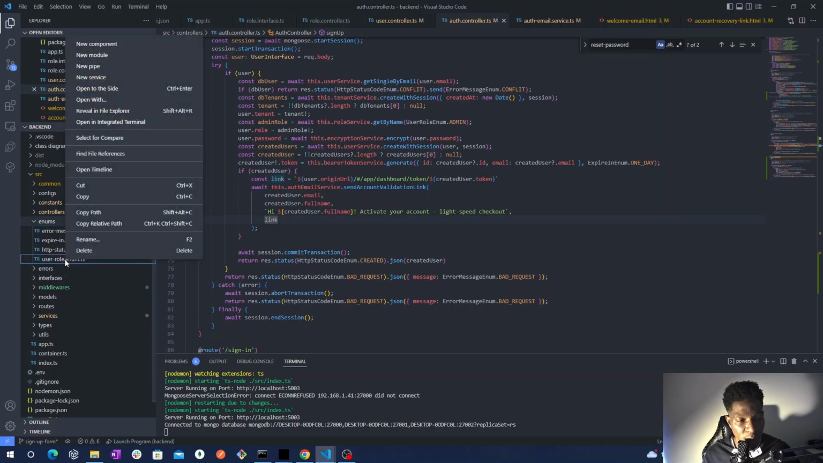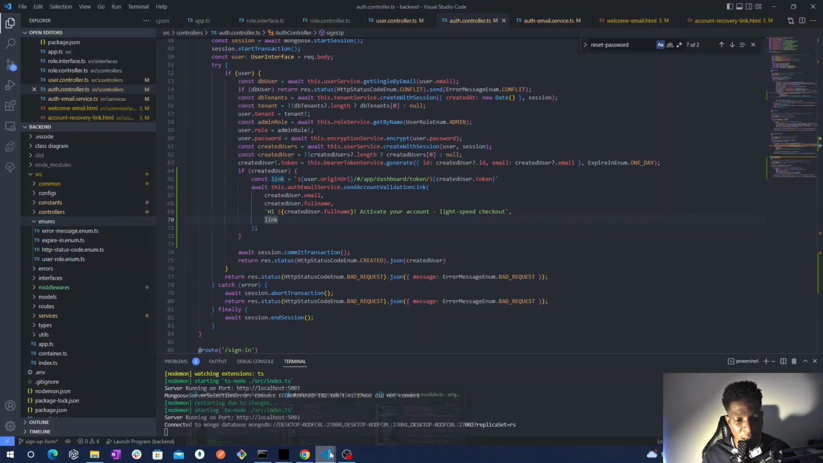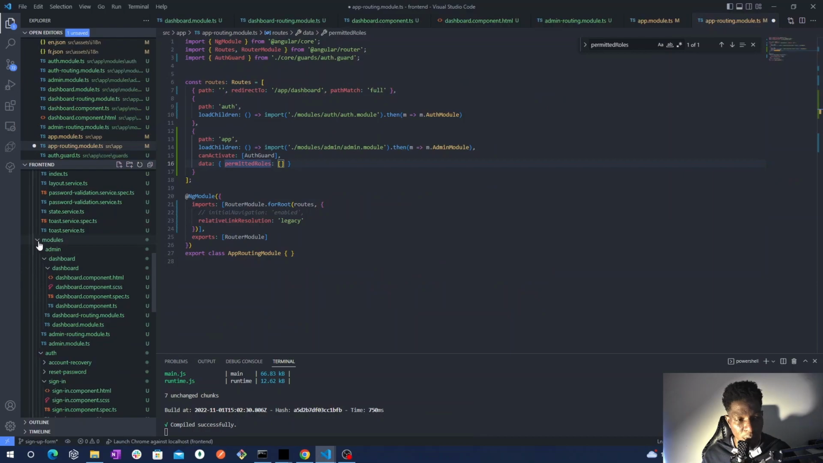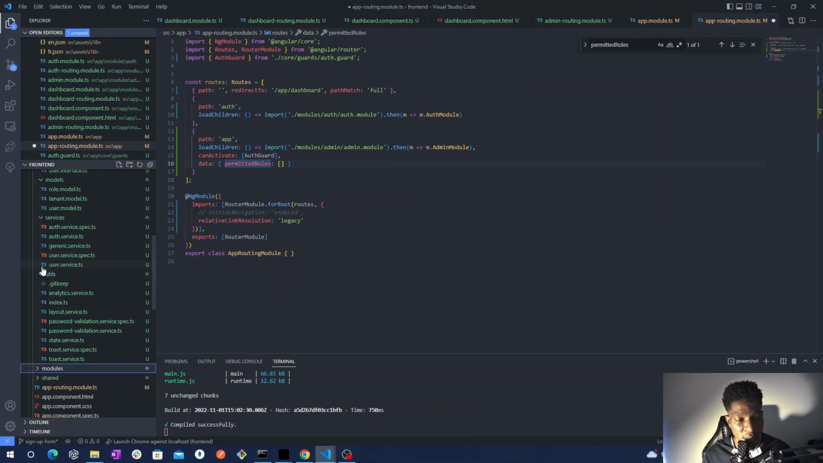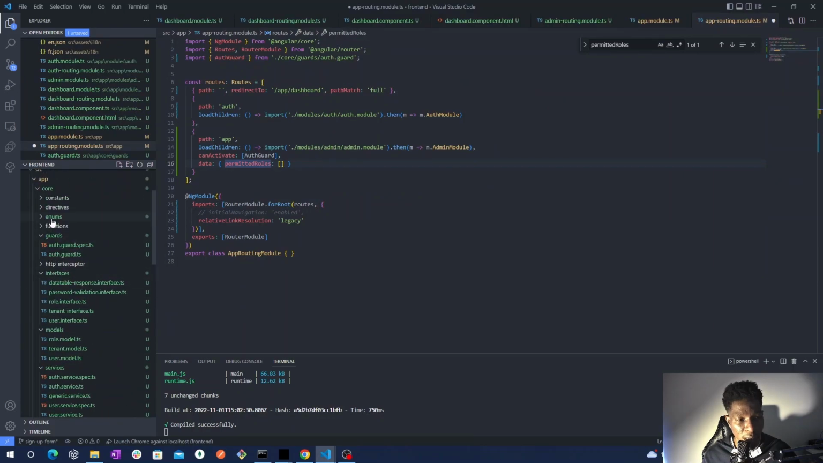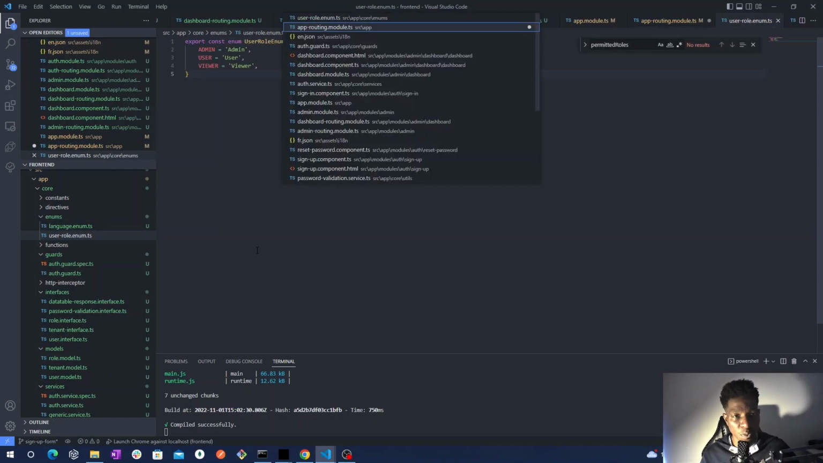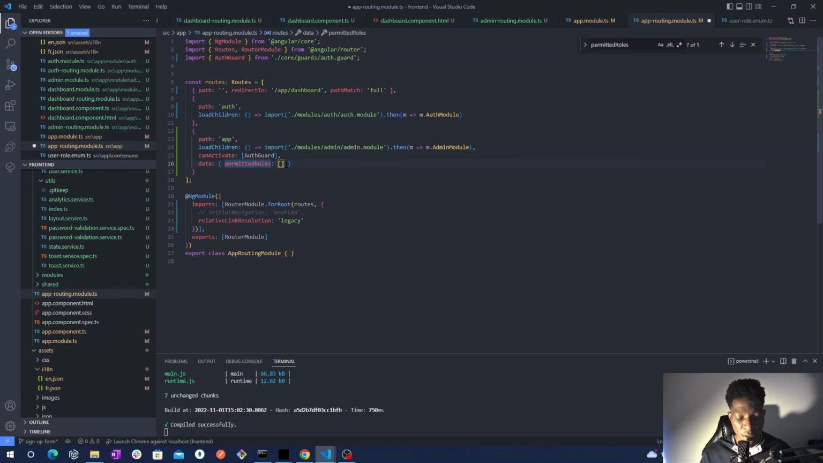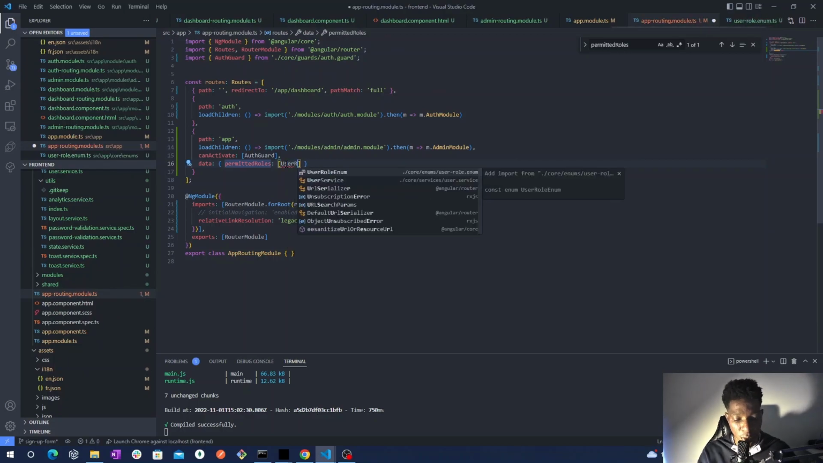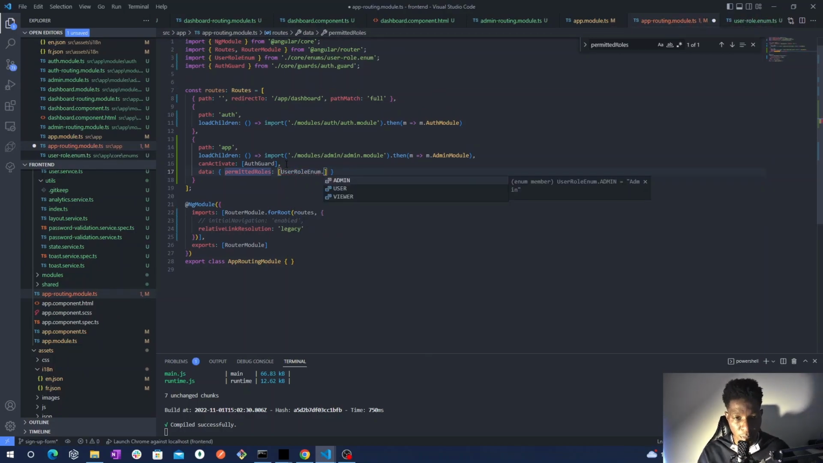So here we'll copy this file and paste it here inside our enum, so we can use this enum easily. So we will say user role enum admin, and we will also say,